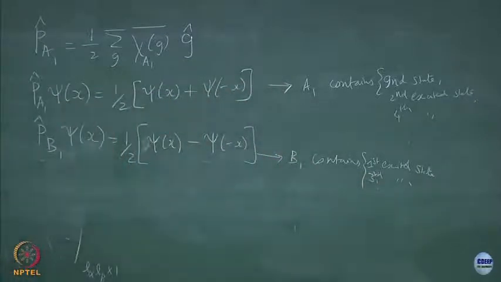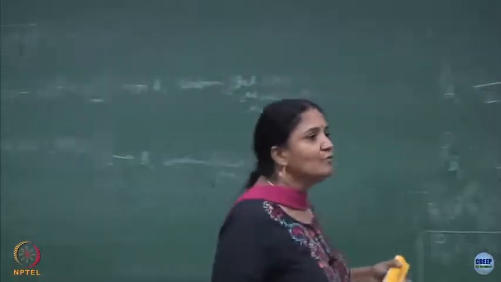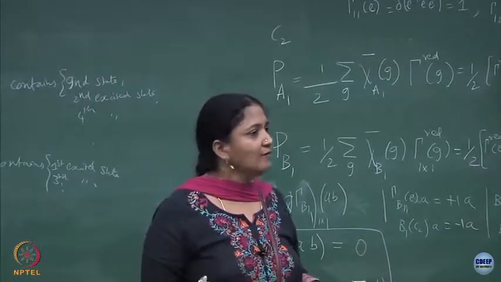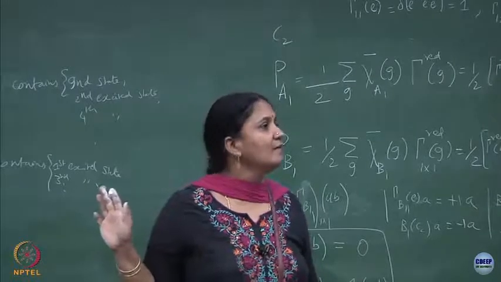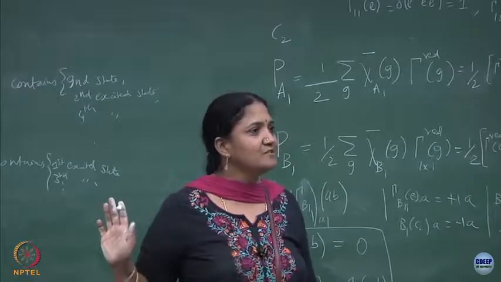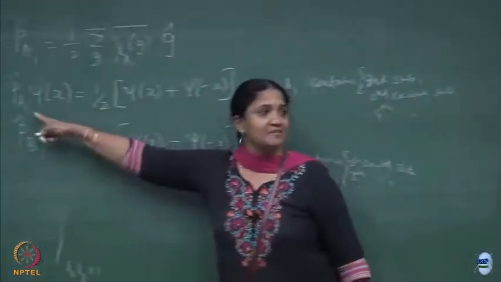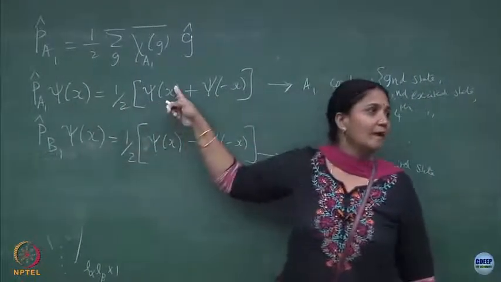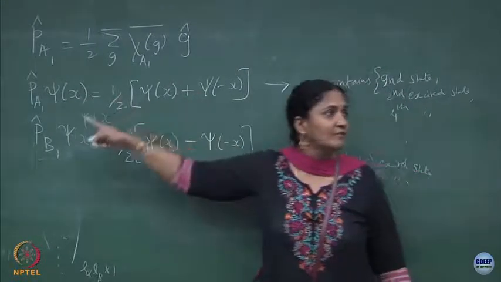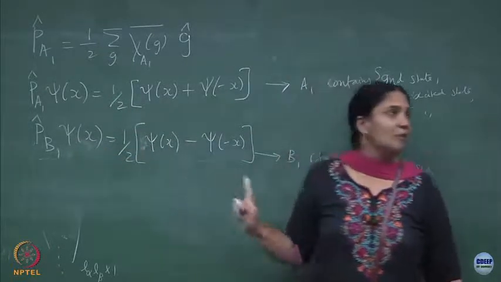So you do see that just the group symmetry, which is the simplest group symmetry C2, has helped you to say that the solutions you are going to find have to be in two one dimensional representations. A1 is a one dimensional irrep, and the projector will give you only a one dimensional state. So if it is projecting onto the irrep A1, it is even; if it is projecting onto the irrep B1, it should be an odd wave function.